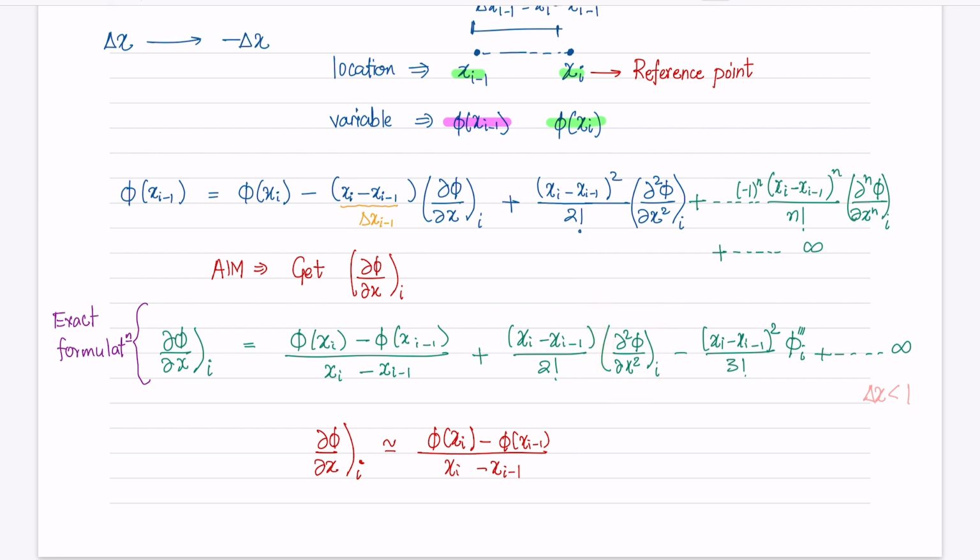This is an approximation, and therefore, knowing that the first term of the truncated terms is going to be the largest, we say that the error for those truncated terms would be of the order of delta x. And this order basically means that it has a magnitude